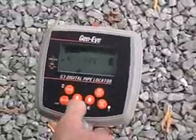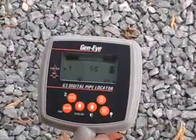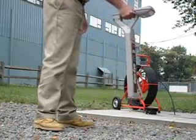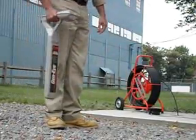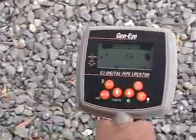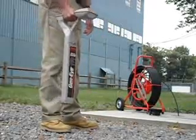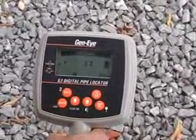Press the down button one time, and the locator will automatically reset to approximately 50%. Continue moving the locator back and forth. Remember to keep the blade of the locator vertical. Watch the bar graph and listen to the audio signal. Move the locator towards the strongest signal, lowering the gain as you narrow your search until you are over the